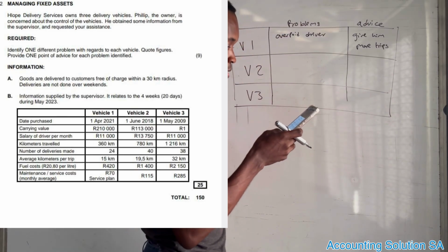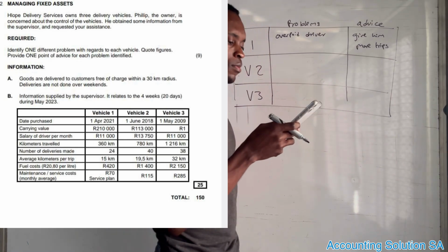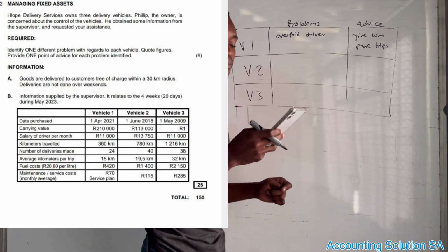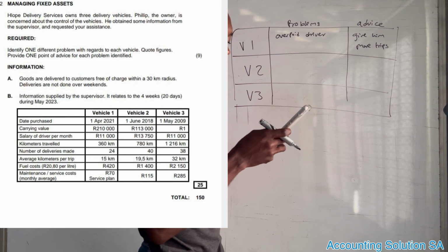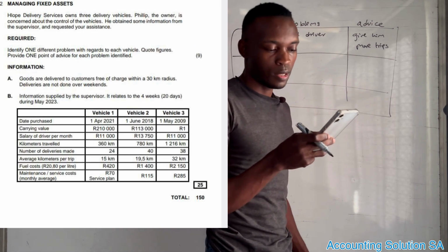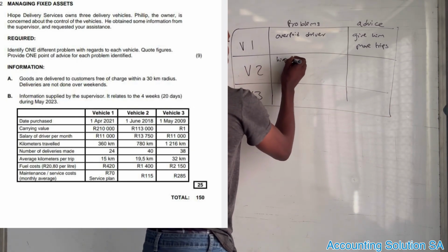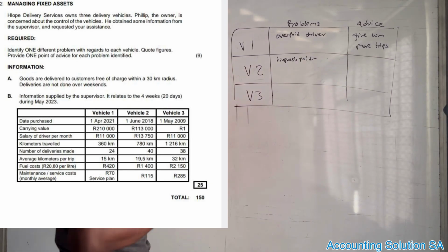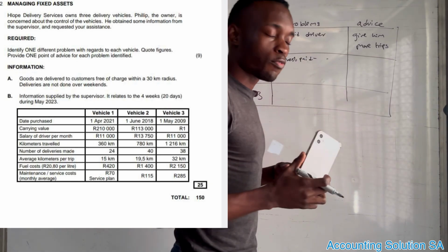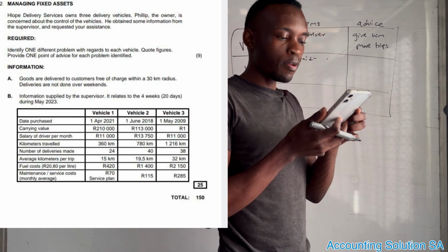This is not nice. Vehicle 2 has the highest paid driver. And how many kilometers did he do? 780, but even 780 is still not enough compared to number 3. This is the highest paid driver, and we were supposed to see at least a lot of movement from him. This is not the only problem. If you compare vehicle 1 and 2,